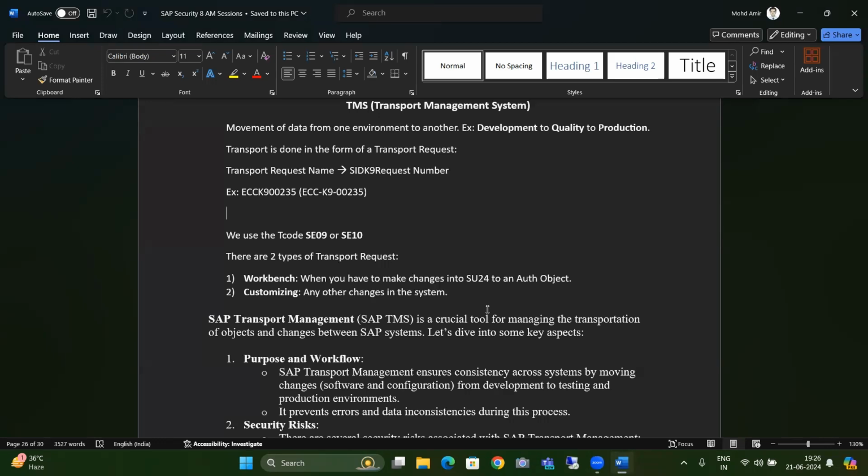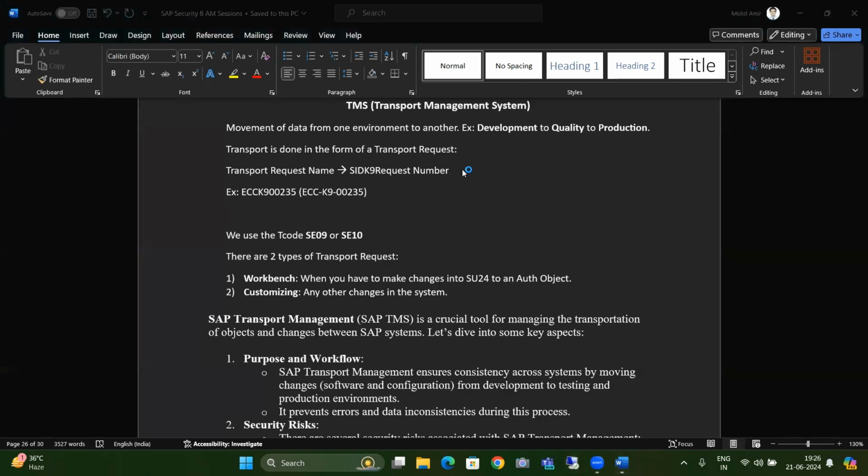Any doubt till now? No. So if we have to transport a role from one system to another, like development to quality, and then quality to production, we use TMS. It acts like a truck, and in fact, if you see PFCG,